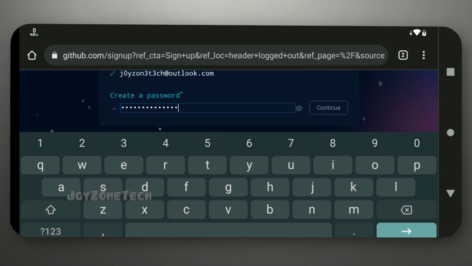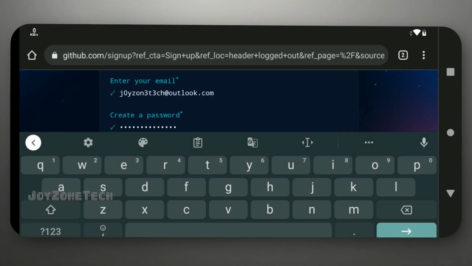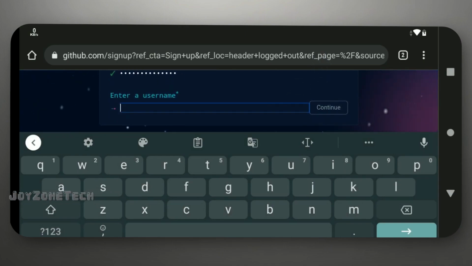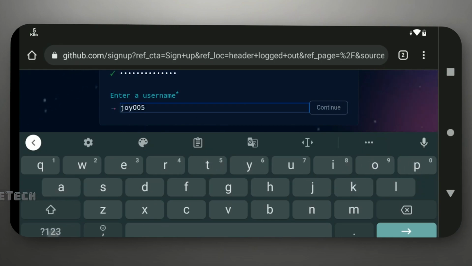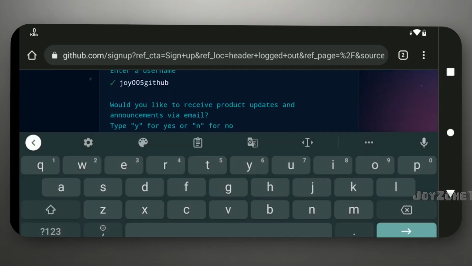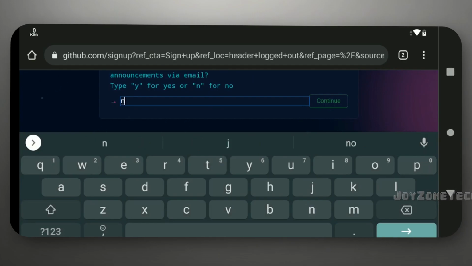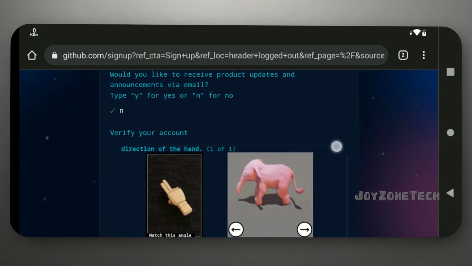Enter any password of your choice. Enter any unique name. Enter in. Complete the verification process.